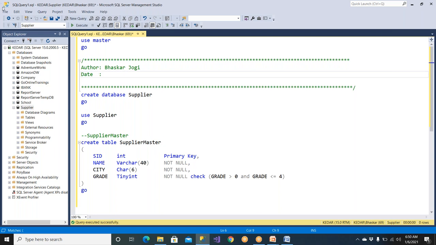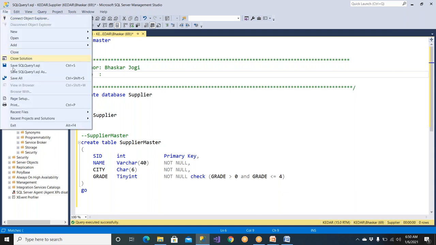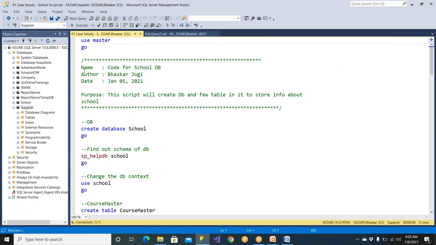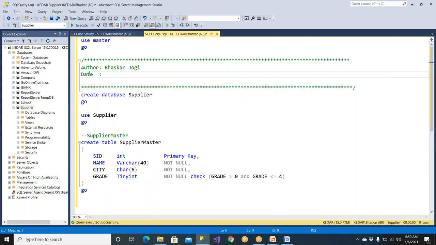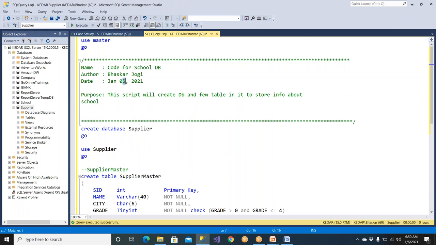I think yesterday we had written, right? We can copy them. So under recent files you can see school. Same thing, we can copy it and paste them there, and we can just modify. So today is this, and code for supplier database. And the script will create DB and few tables in it and store info about